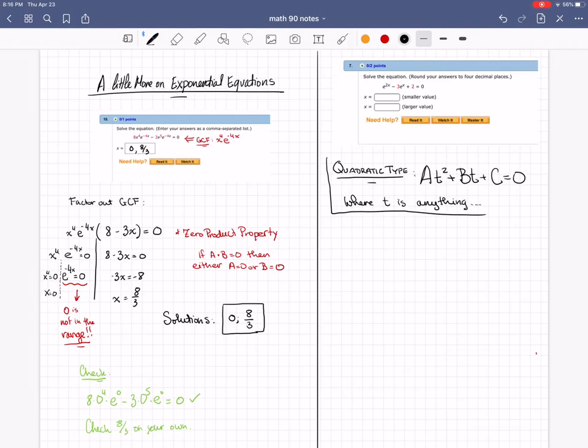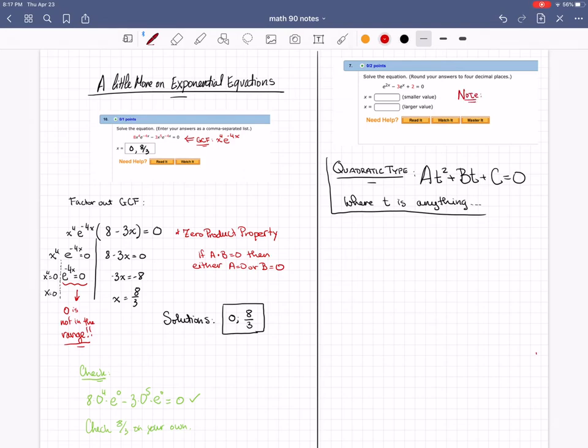If you have some t, and again, t can be anything you want, if you have a constant times t squared plus a constant times t plus another constant, and that's set equal to 0, that's an equation of quadratic type, which means that we can use what we know about solving quadratic equations to solve it. So check it out. I want you to note in this example